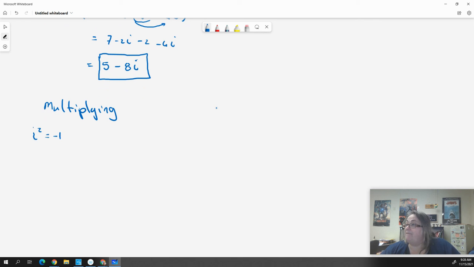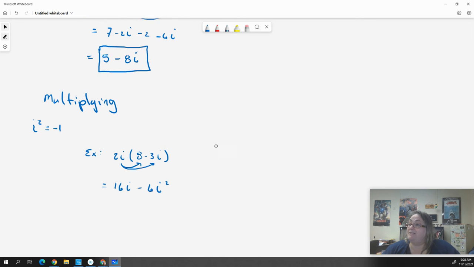So if I have, for example, say 2i times the quantity 8 minus 3i. When I'm multiplying this, I have to distribute, right? This becomes 2i times 8, which is 16i. And this becomes 2i times -3i, which is -6i squared,